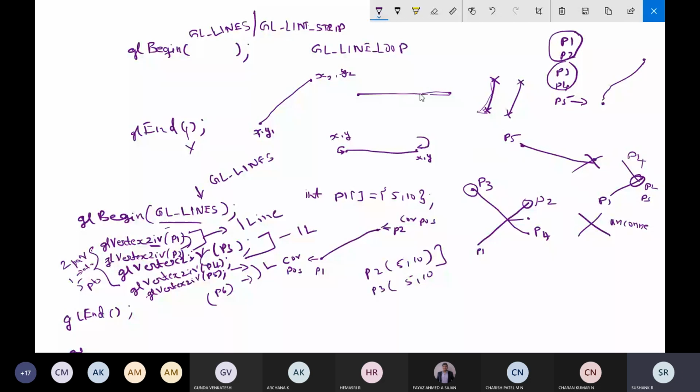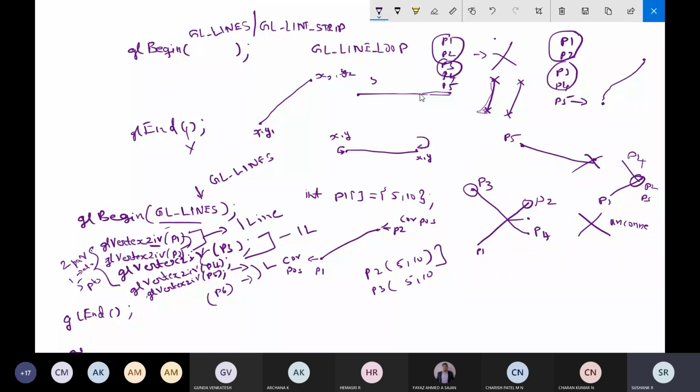So nothing will be displayed if only one endpoint is specified, and the last endpoint is not processed. In our example also, in this function, I had written P1, P2, P3, P4, P5. I had given 5 points, but it only combined 4 points to form two lines. The last one remained as it is. It did not form a line.